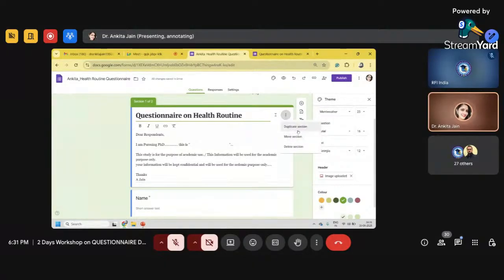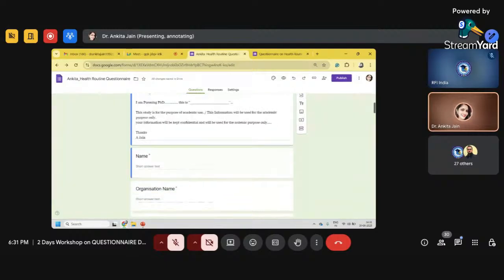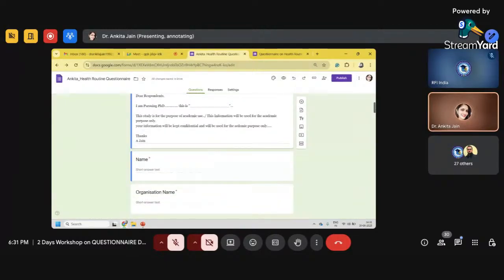From here, you can make a duplicate section, you can move the section, you can delete the section, okay? Because there are two sections now. So it is giving you multiple options. Also, if you want, you can also